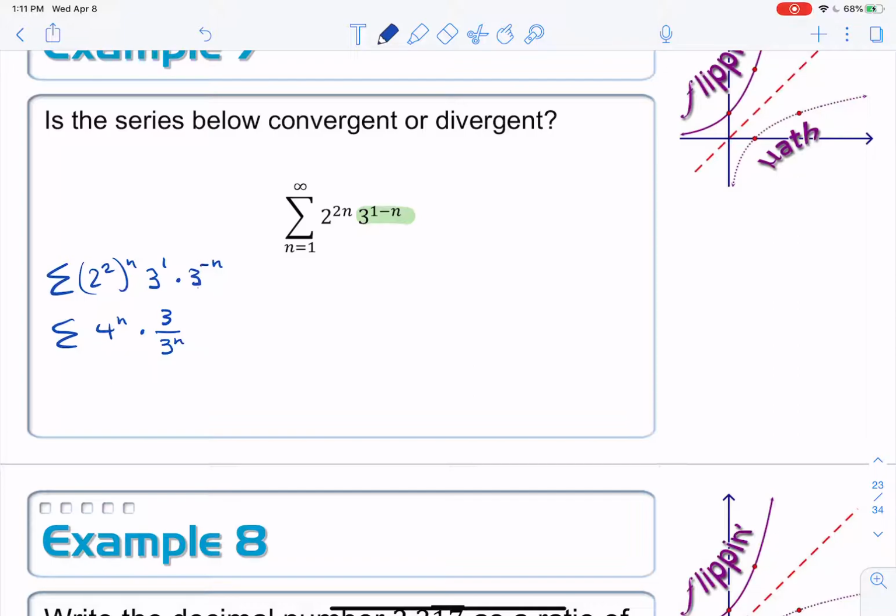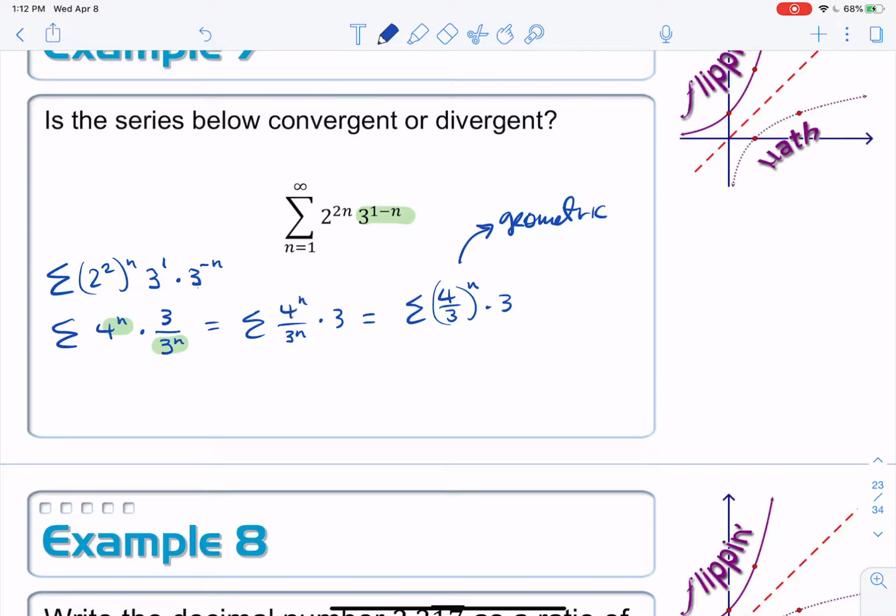All right, now I've got a little bit more to simplify here because I've got two things that are being raised to the nth power. So I'll rewrite that as 4 to the nth over 3 to the nth, and this is still times 3. Okay, and then I'm going to do that whole power to a power rule again for exponents and rewrite that as 4/3 to the nth power times 3. So our original summation simplifies down to this particular form, which we can then recognize as geometric,